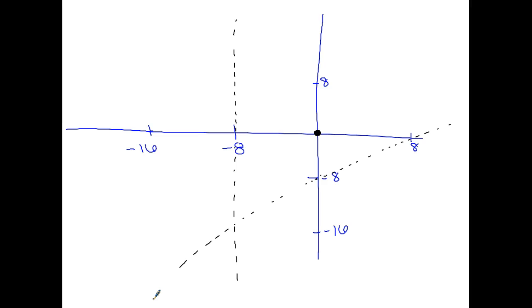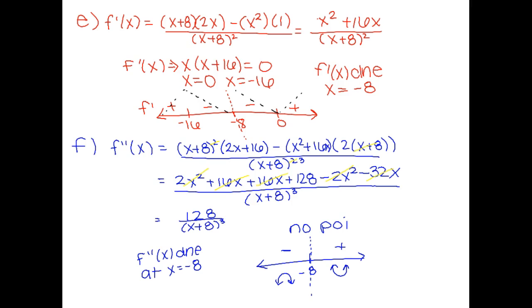Okay. To the left, that's what's happening to the left, way down here. To the right, this is decreasing, increasing. Your min is at 0, 0. And you talk about concavity. It is always